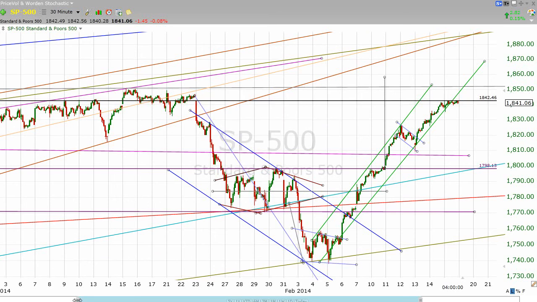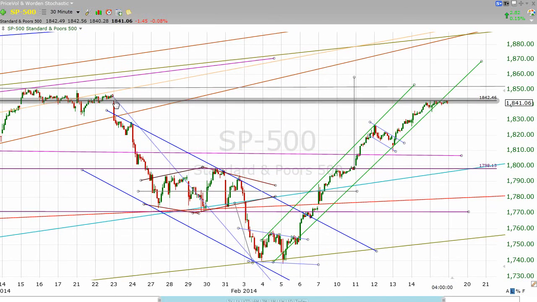And just to remind you, gap resistance is where traders, not investors, who got caught flat-footed back on the 23rd of January have probably said to themselves, I should have sold before that gap down, and instead of me getting out at 1844, which was where the market closed the day before that gap down, I sat through 3.5 weeks of losses. And if we get up close to where we were